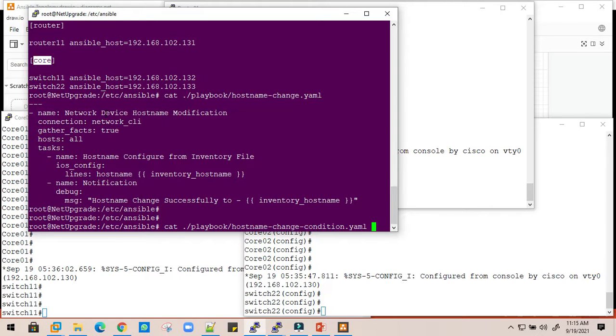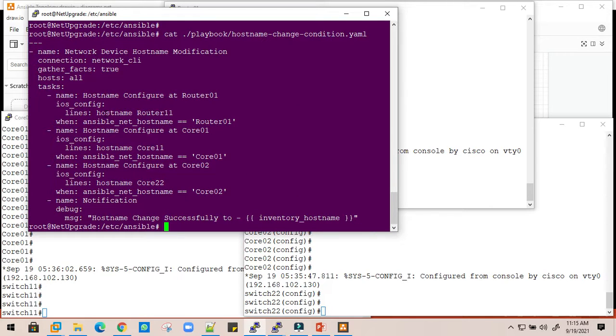So what is the condition, we can see here. This is my other playbook, which says that we have to execute this play, which is a network device hostname modification. When it logs into the device, the connection will be the network CLI kind of connection, which Ansible uses for network devices. Before executing, it needs to gather the facts, because that is very important in this case.